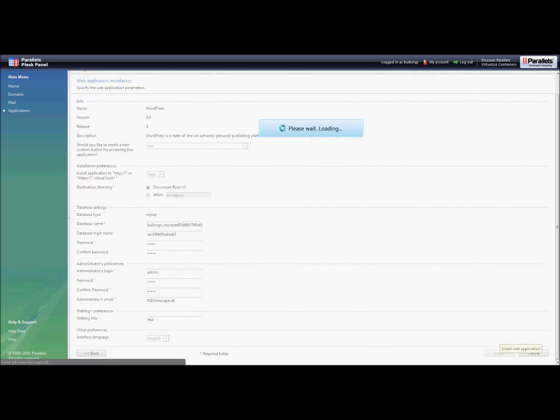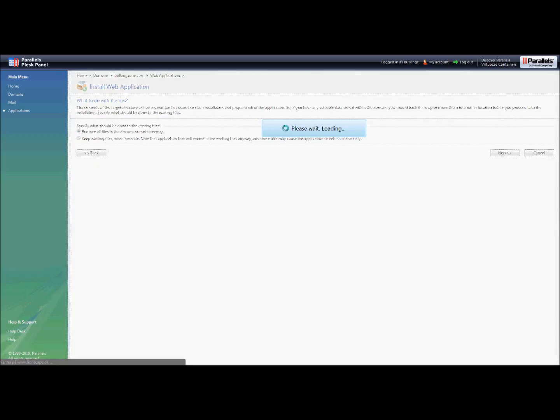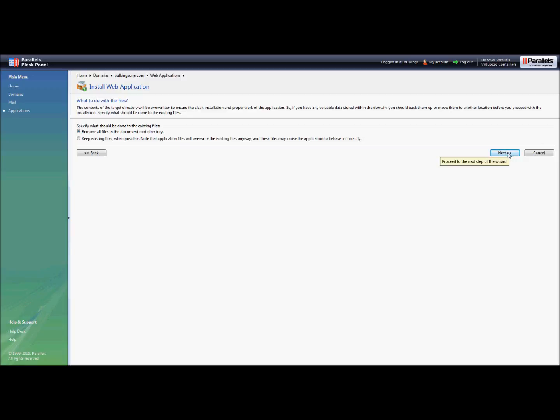This brings you to the page where you can choose either to remove all the files from the document root directory, or you can choose to keep files. If this is your first application installation, we recommend that you remove all files in the document root directory. If you have some data on your domain you want to keep, just choose keep the existing files right here. But we do recommend that you remove all files in the document root directory, so make sure that you get a clean installation with no conflicts. Then we click next,